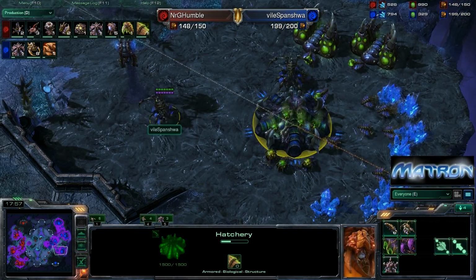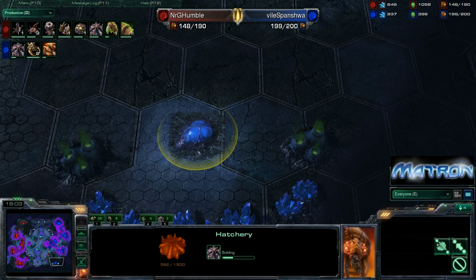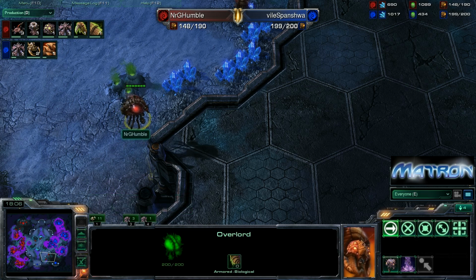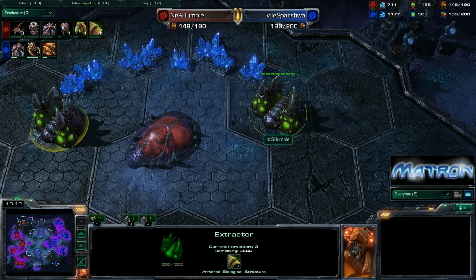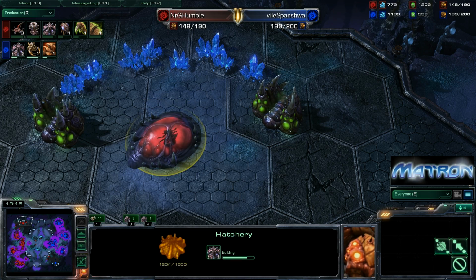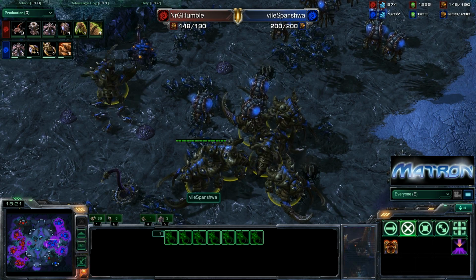As we see the Queens, all 4 of them now moving into position for Spanishiwa. Got a lot of energy so they can spread creep. Humble will be checking this 4th, and it looks like his 4th is again just a little bit ahead of Spanishiwa. So Humble's economy all game has been very good, but Spanishiwa coming out these ultras now at 200,